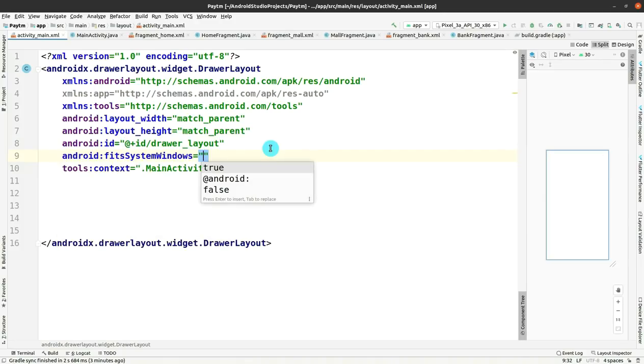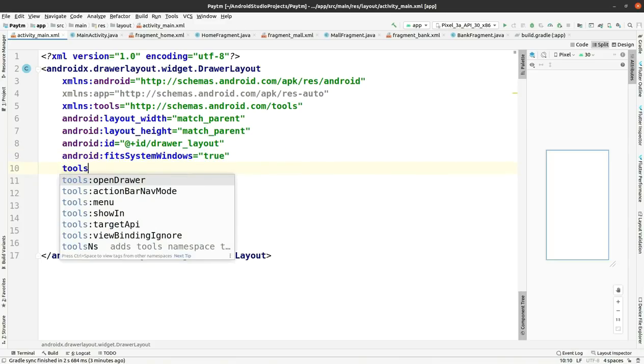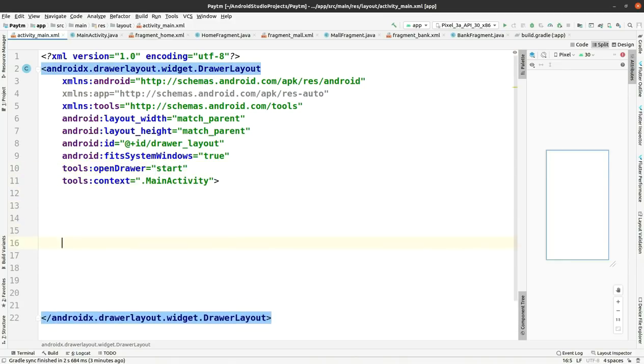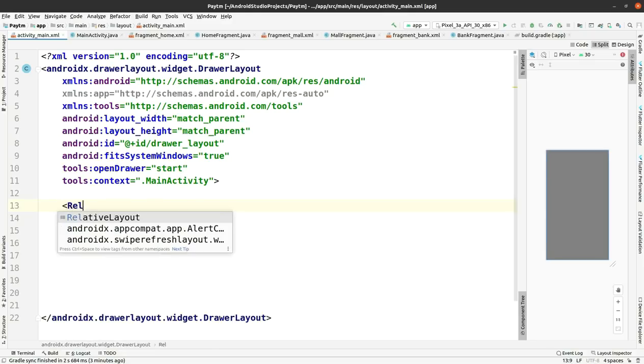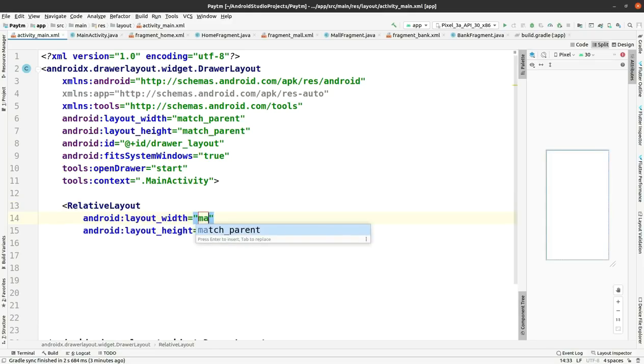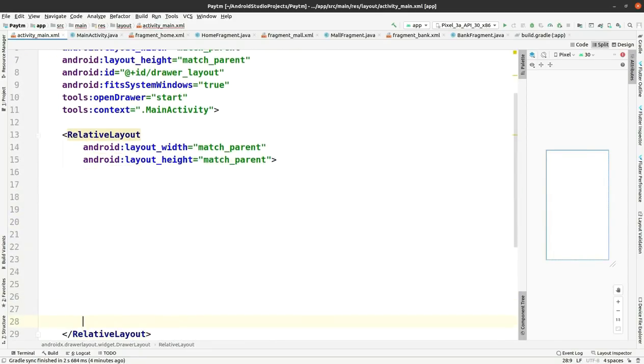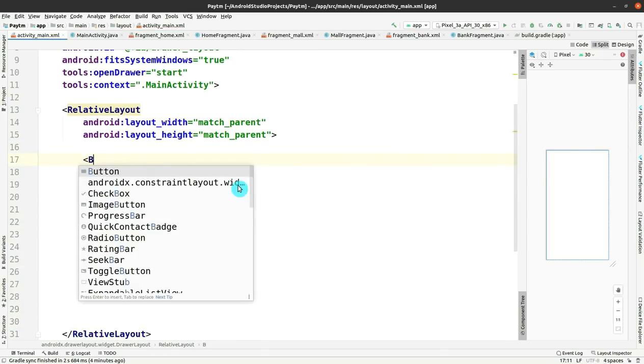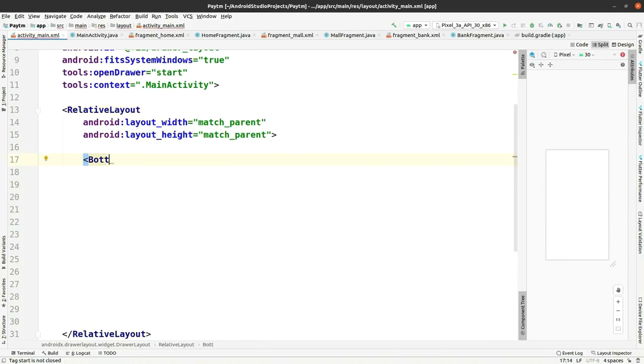After that, you have to make fitsSystemWindows true, and openDrawer will take place from the start. And within this drawer layout, you have to make another relative layout having the width and height as match_parent. After that, within this relative layout, you have to add